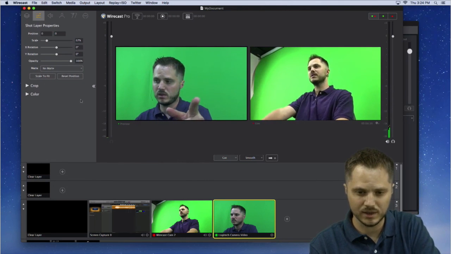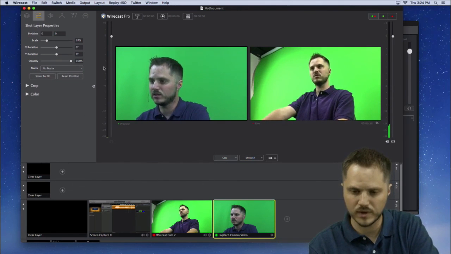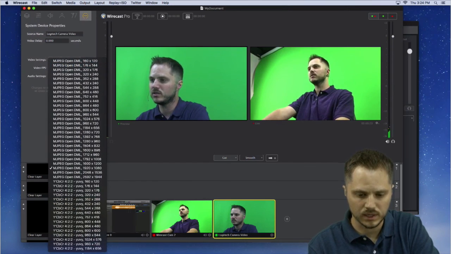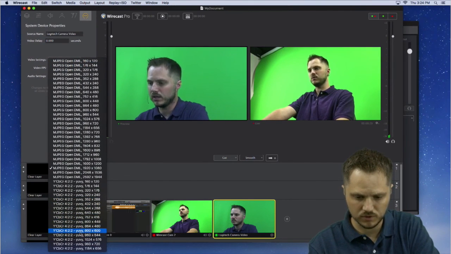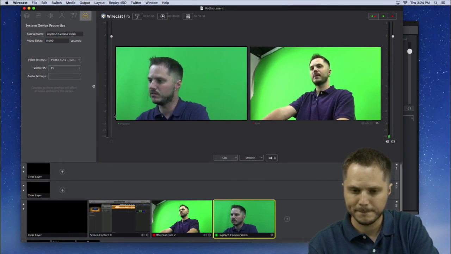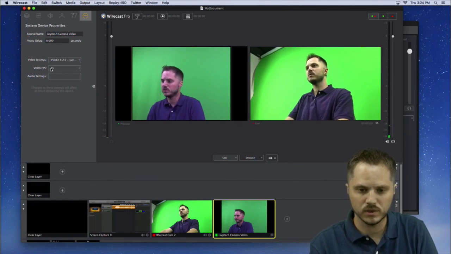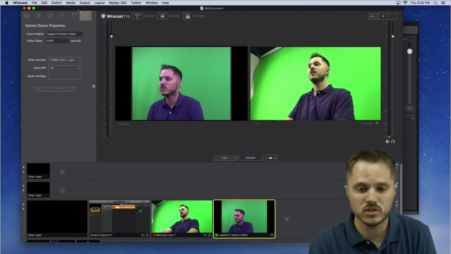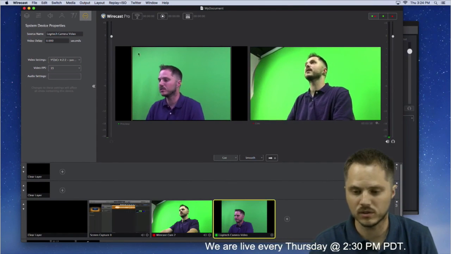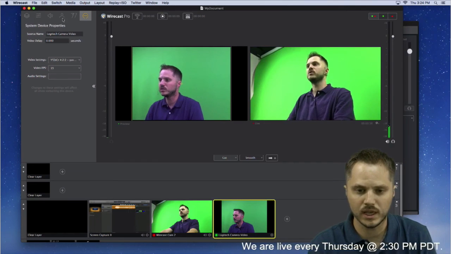It's got some delay on it, so that's probably due to the fact that it's coming in as a native RGB. If we switch the resolution of that to a YUV, we could go up to something like 960 by 720. Let's do that. And that's going to make it square, which is okay. The frame rate's 15 frames a second. Well, whatever. So I've got this camera coming in, and it's got a slower frame rate, but that's okay. We can work with it. And then we're going to scale it up here.